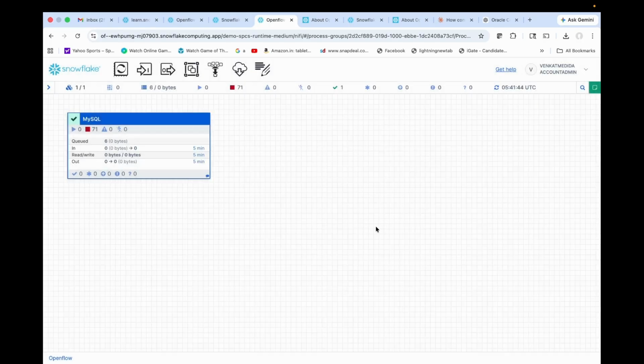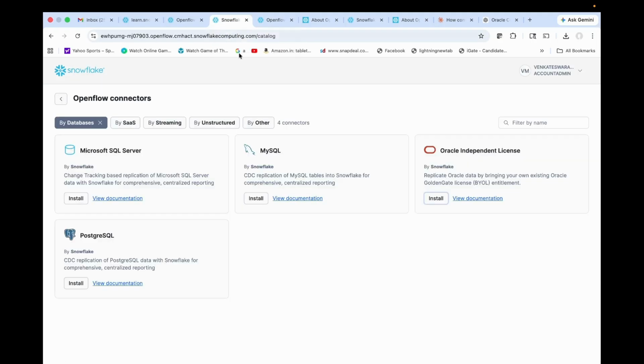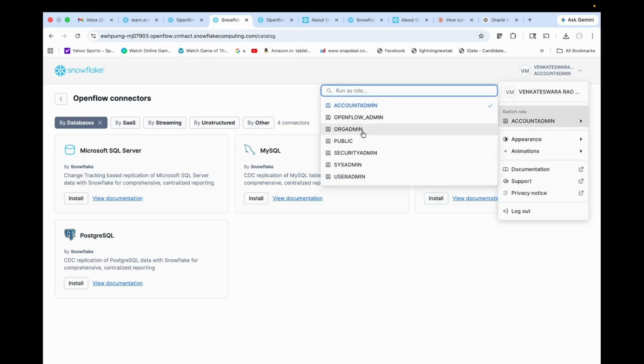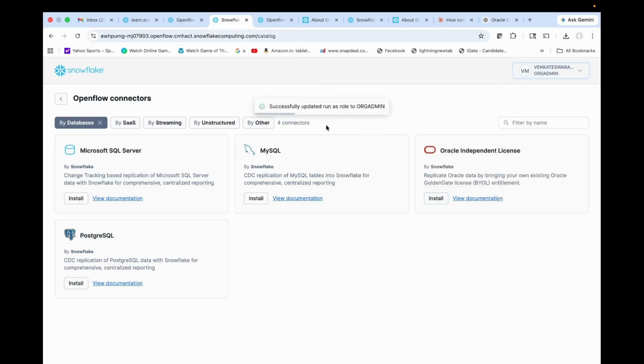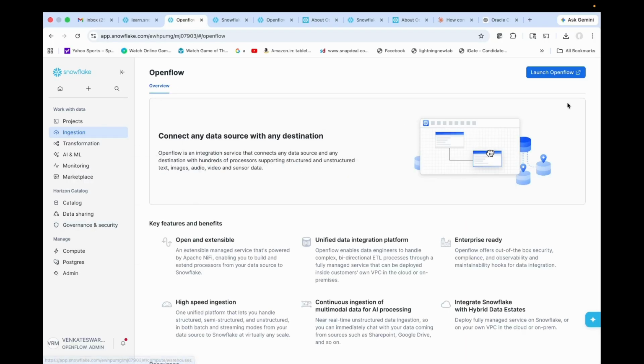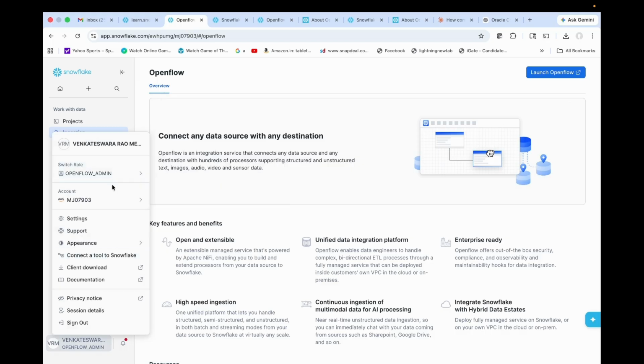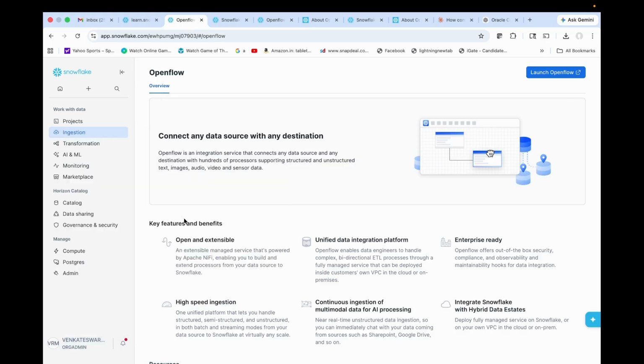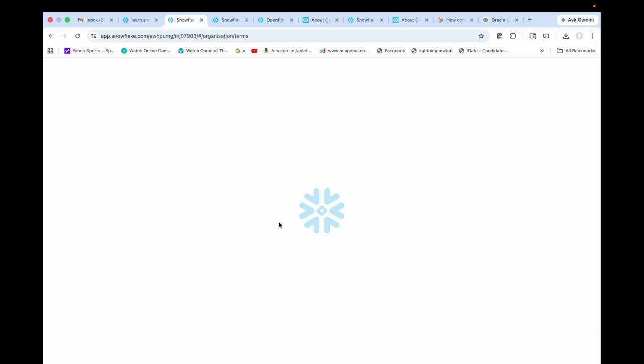Now the way to approach this is to see how I can use an orgadmin in this case. So I have an orgadmin. I'll go to the orgadmin role, and if I go to Snowsight, choose the orgadmin role, which is my trial account, and then go to the projects, go to the admin page, and under the terms,